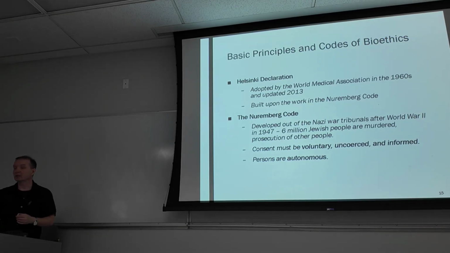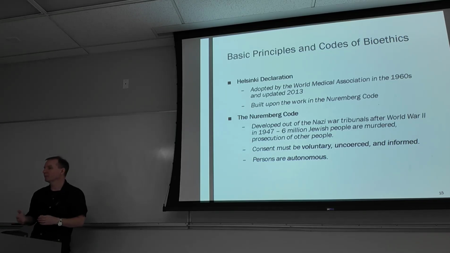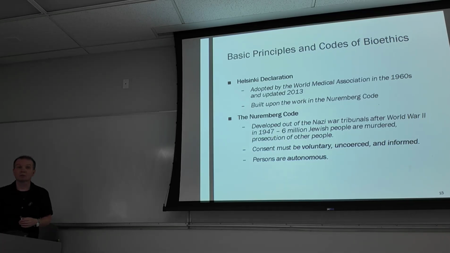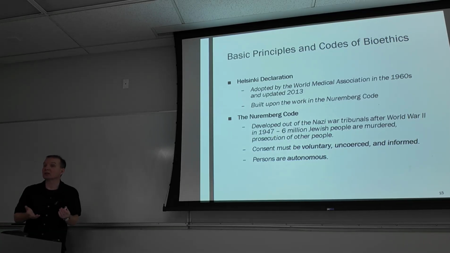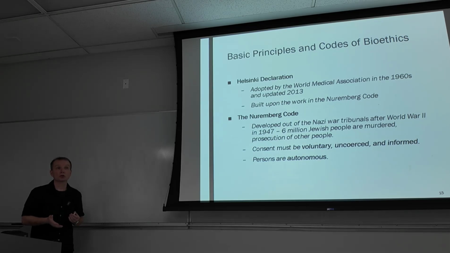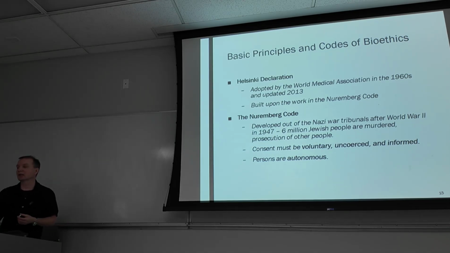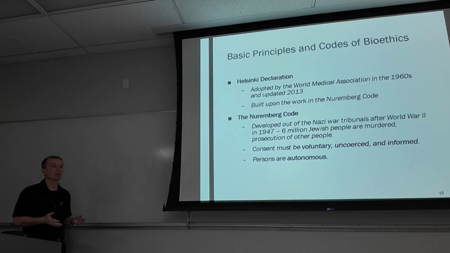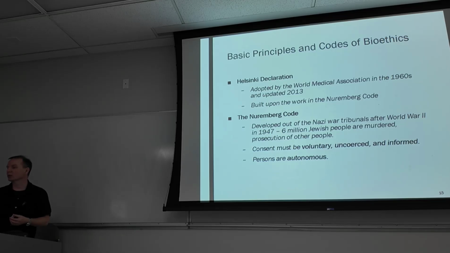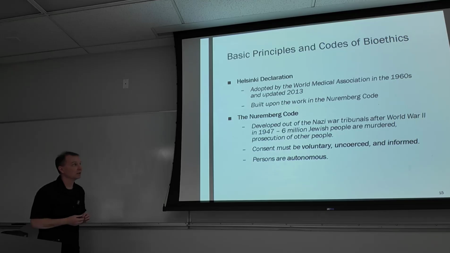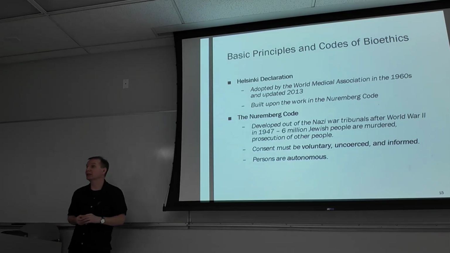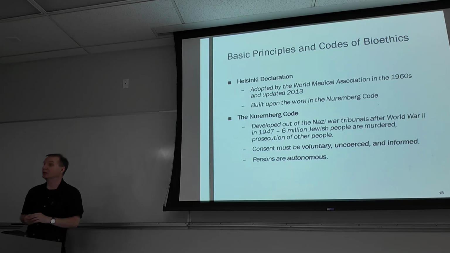So the consent, which in each case should be given, must be voluntary, uncoerced, and informed. Because persons, again, are autonomous. They have to be given the choice, they have to be explained their options, they have to be explained consequences before they are subjected to any treatment, observation, or whatever else. Nazis in particular, of course, decided that that is not necessary to the most extreme degree.